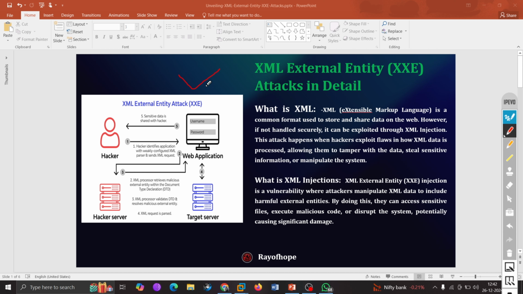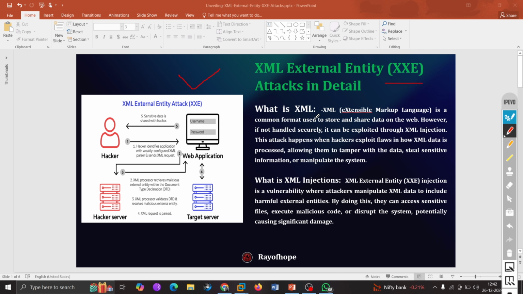When we are using HTML, we are performing HTML injection, right? When we are using JavaScript, we are performing XSS, cross-site scripting. If we are using SQL, we are performing SQL injection. If we are using commands, irrespective of Windows or Linux, we are performing command-based injection. Similarly, in XXE, if we are using XML, which stands for Extensible Markup Language, we are performing an XXE injection attack. Got it? Okay.